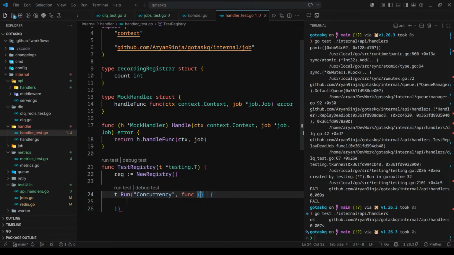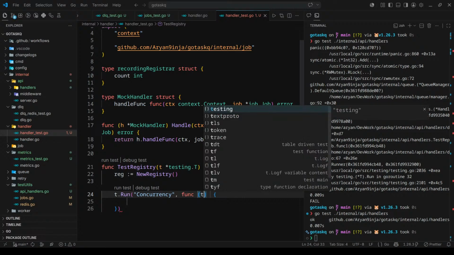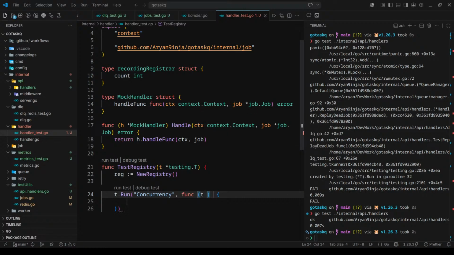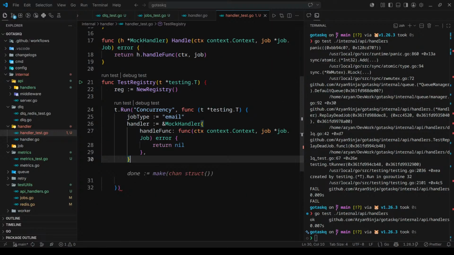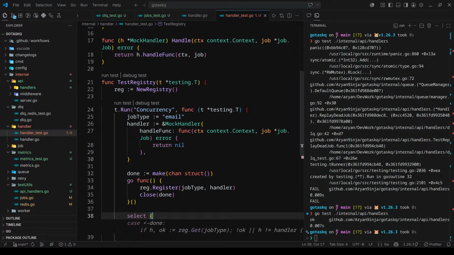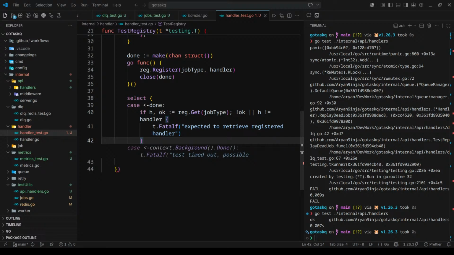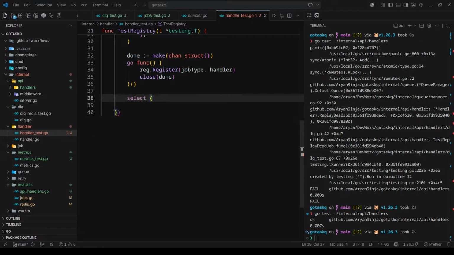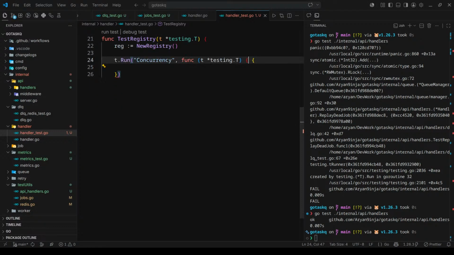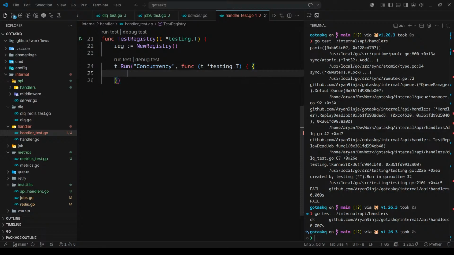Test T dot testing dot T, this one, this. What is it writing? It is too much of a thing. We don't want this much code. What I can do is I can simply create a, let me just create a t.1. What is the issue? Let's fix it. So